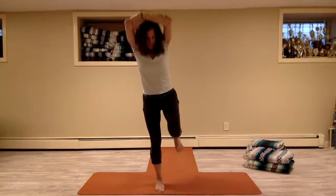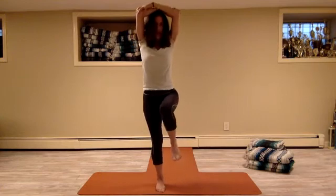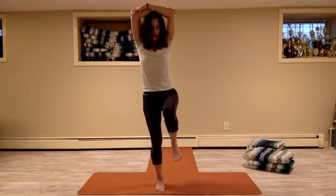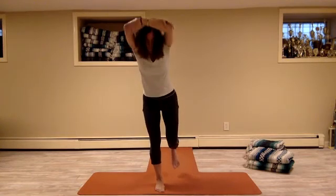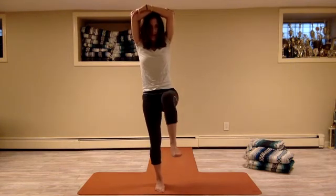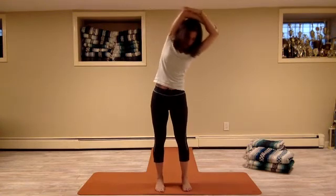Knee bends, warrior three, knee bends, leg comes straight out, rebend. Here's the fourth cycle. Go backwards, warrior three, come back up with the knee in, straighten the leg out, rebend, take the foot down, stretch over to your right,